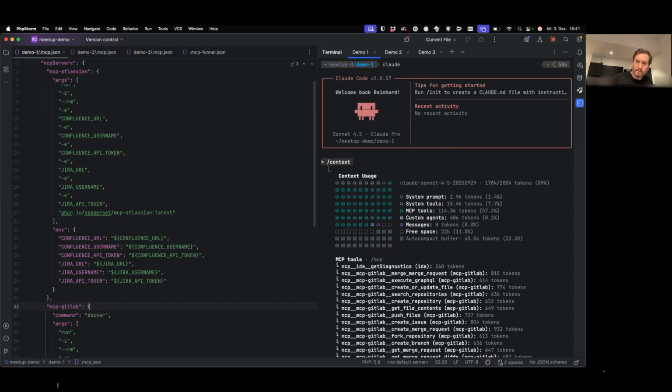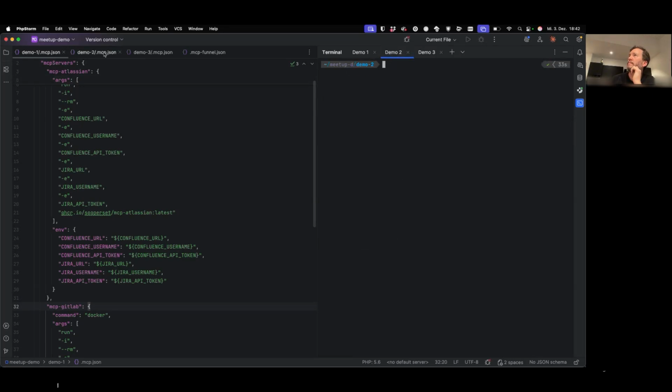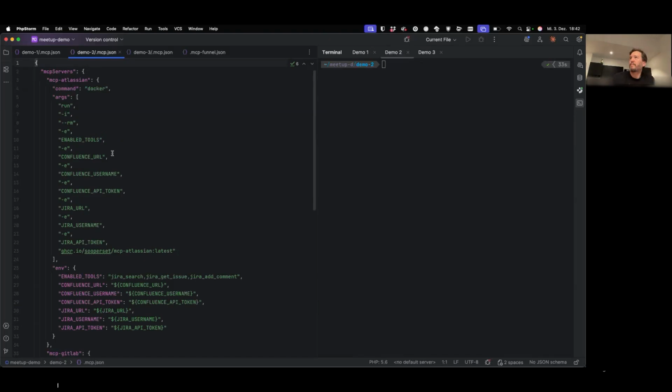I can also show you that. So again, when the mouse is working, here it is. In this case, Atlassian does allow you to enable certain tools. So I don't need that much from it.